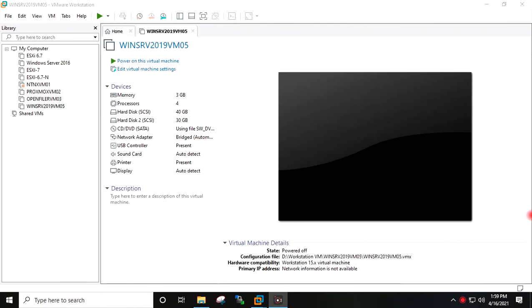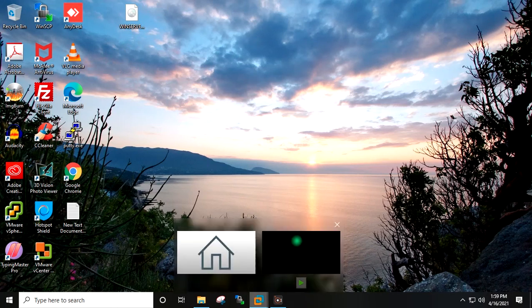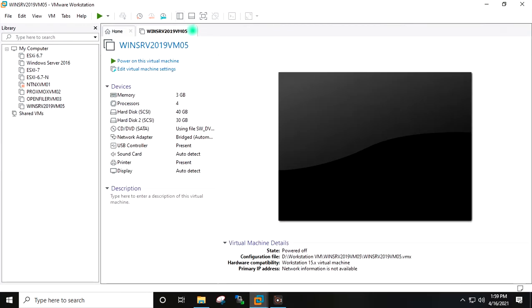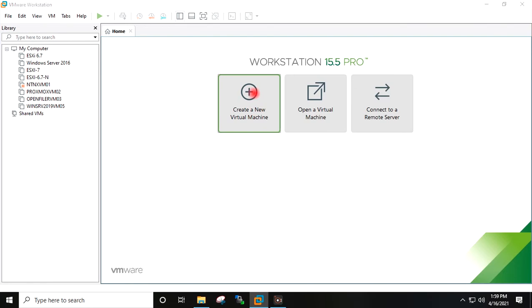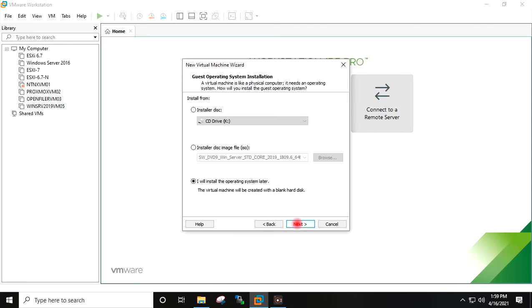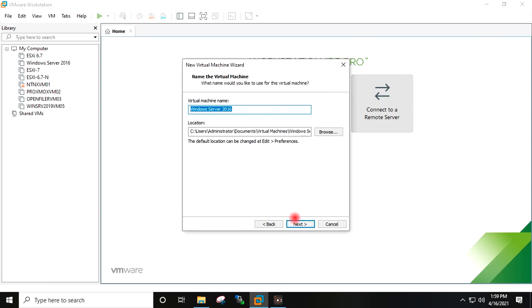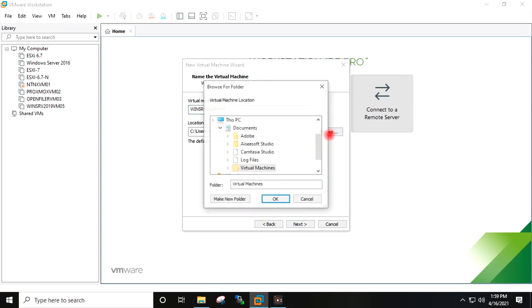This is my VMware Workstation installed on my main system, and this is the virtual machine on which we were working previously, and this is the final ISO which we had created in the last step. I have copied it on my desktop. I will create the new virtual machine and I will connect the copied final ISO to install the operating system from that ISO.